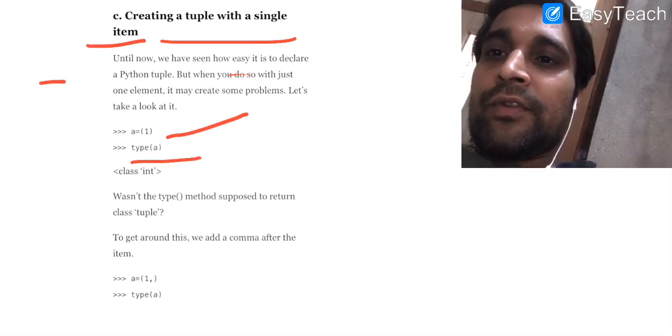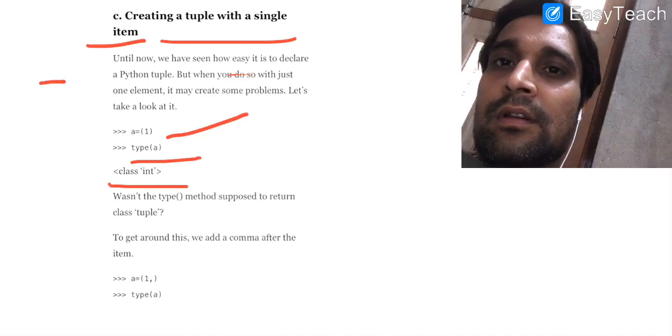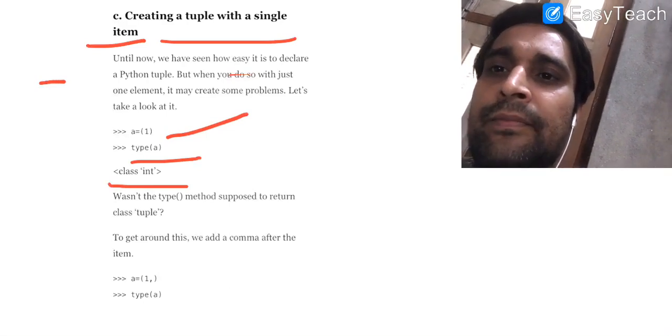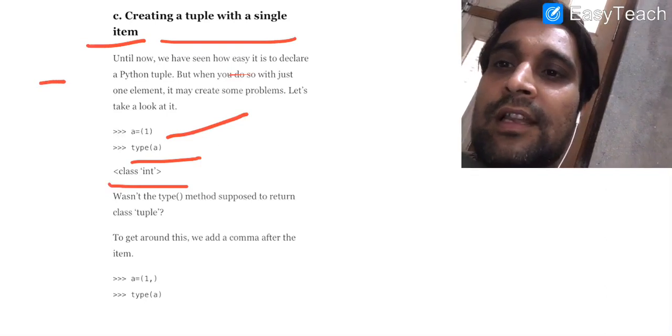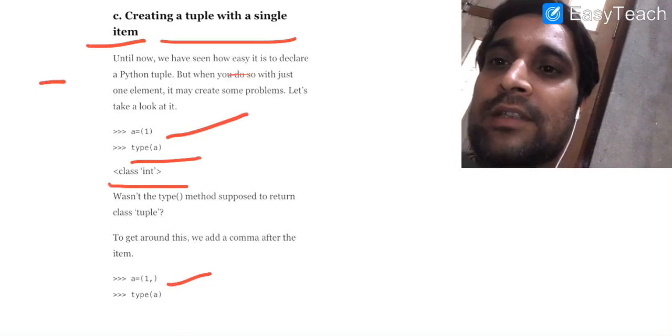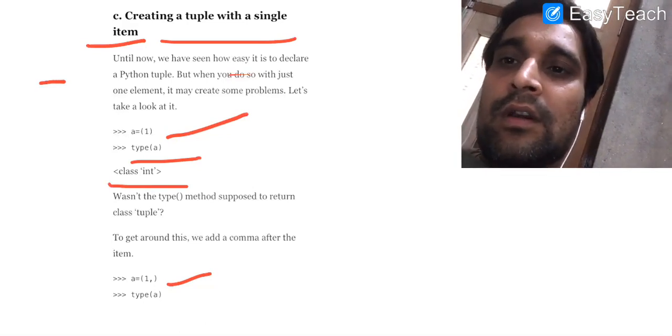When we check the type of a, it prints int. It is not treating it as a tuple. So what do we need to do? If you want to create a tuple with a single element only, then you need to put a comma after the first element of your tuple.